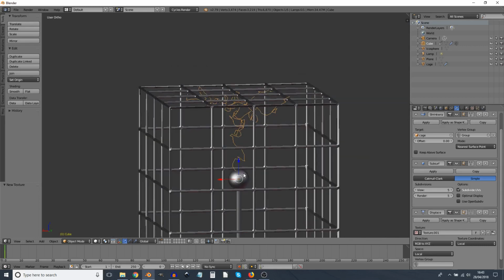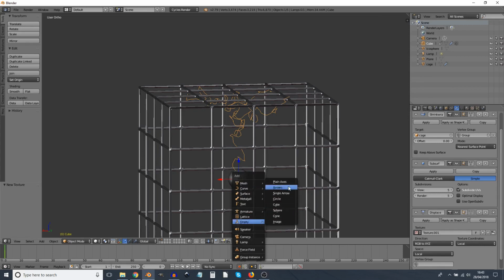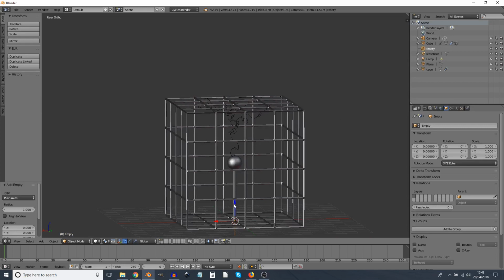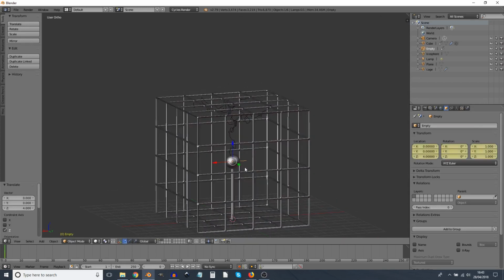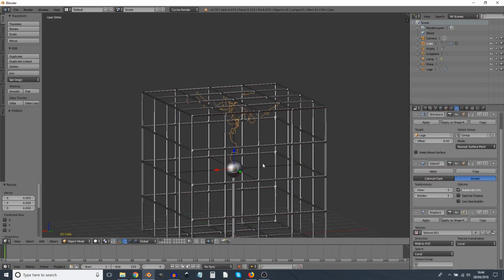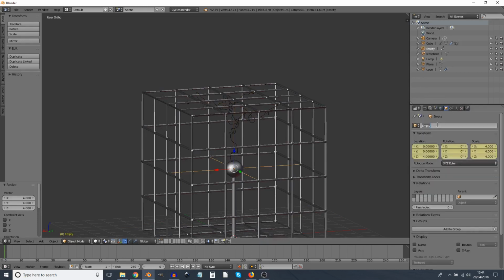And if we now go double R again, we now see that it just kind of nicely spider webs like lightning around there. And we're getting closer and closer to what we want. The next thing to do, just going to add ourselves an empty plane axis, which I'm also going to move to the center point of this here. I'm going to scale it up by 4, so that's S followed by 4, and I'm going to call it frazzle,